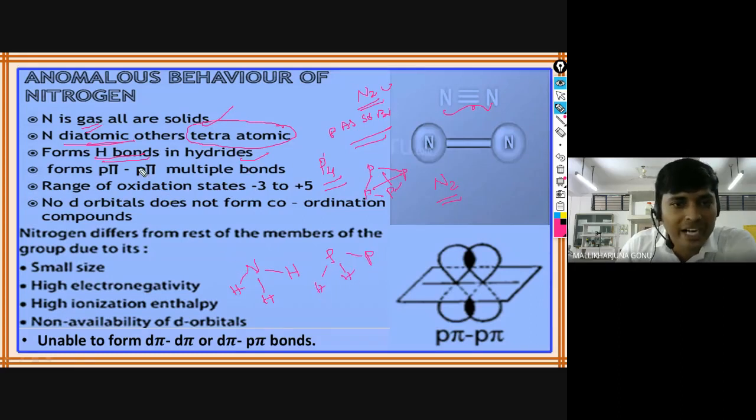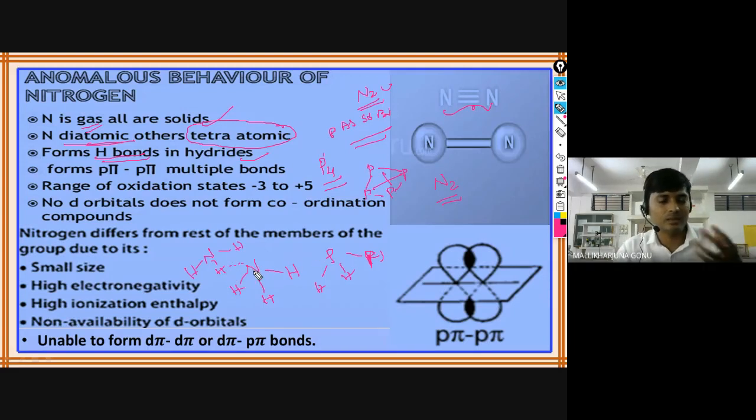So hydrogen bonds, which one forms them? Nitrogen does, but phosphorus will not form them. This is hydrogen, right? So phosphorus will not form. Why? Because, for example, another nitrogen molecule with hydrogen is there in the environment. As nitrogen is the most electronegative, hydrogen bonding can be formed, and boiling points and melting points can be increased. So as the forces are increasing, that's how boiling points increase with molecular weights.